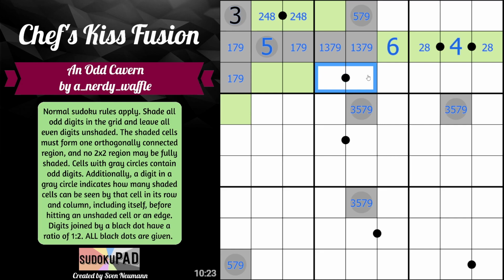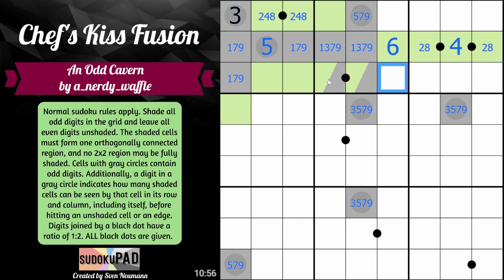Again, if these were both odd, or both even, I mean, they can't be both odd. If these were both even, then what's going to happen? Well, these would both be green, and the gray could never escape. It needs an escape, and it can't escape through this top because it's completely cut off, so it must escape through the bottom. One of these must be gray, and it can't be the 3-6 pair. Oh, there we go. Okay, so if one of these must be gray and one of these must be green,